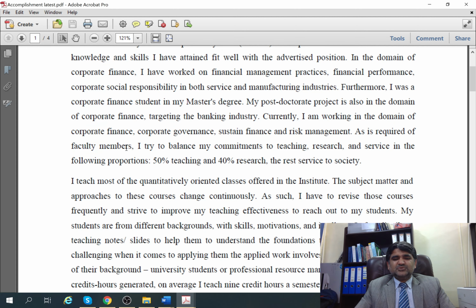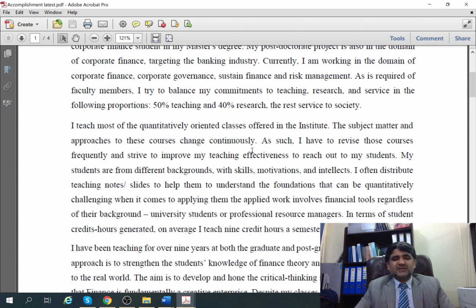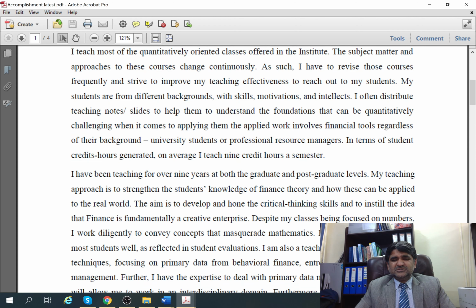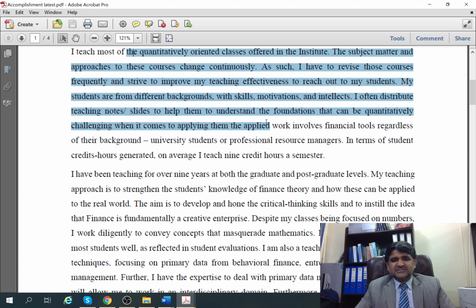Your areas of interest. Then you can talk about the brief summary of your overall activities, like, as I have discussed, we normally divide our time into 3 activities: teaching, research, and services towards society. You can place that here. Then in the second paragraph, you can talk about your strength, in which domain you have strength. Either you have strength on the qualitative side or quantitative side, which subjects you are good in teaching and research. You can talk about your strength in this paragraph.